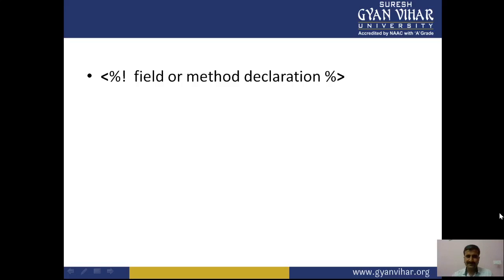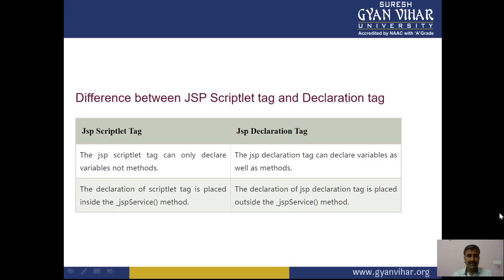In the JSP scriptlet tag, you can only declare a variable, not a method. But the JSP declaration tag can declare variables as well as methods. So very interesting there about the JSP declaration.